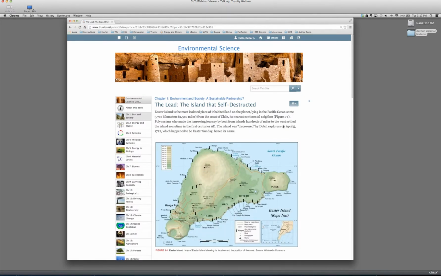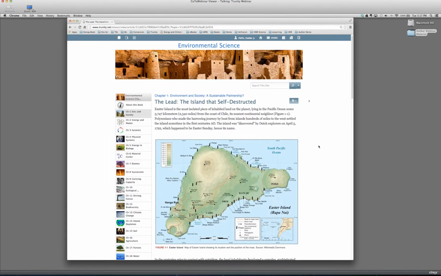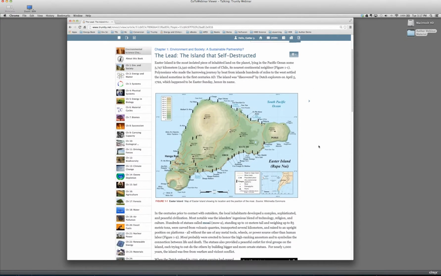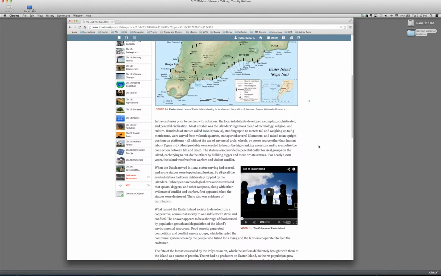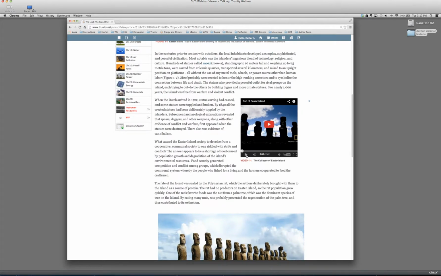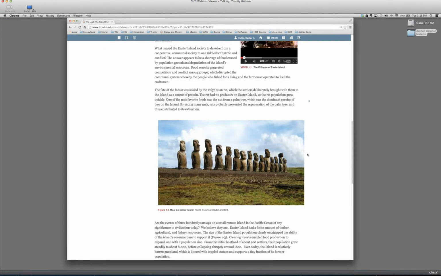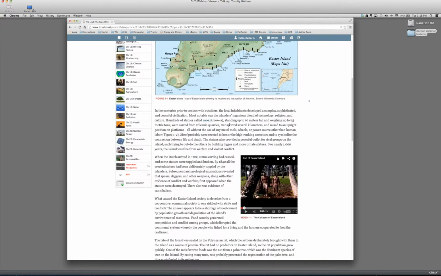Here we go into chapter 1. We start with a little story about the collapse of Easter Island. You can see the use of high resolution images. We've embedded video. It's a little video from National Geographic on the collapse of Easter Island. You can see there are glossary terms. If you click on this term,